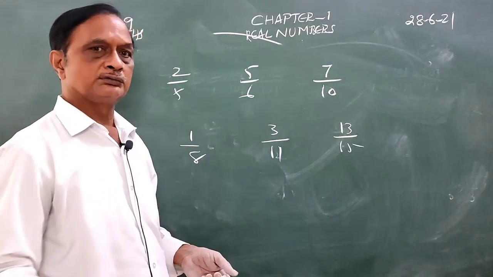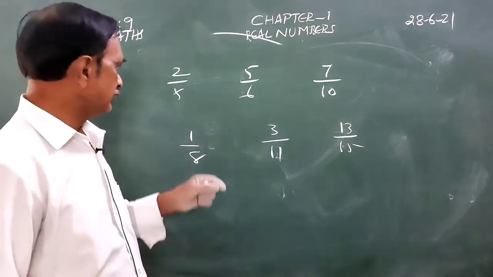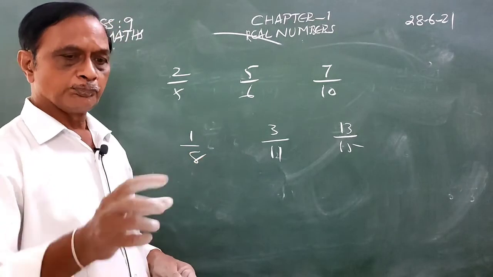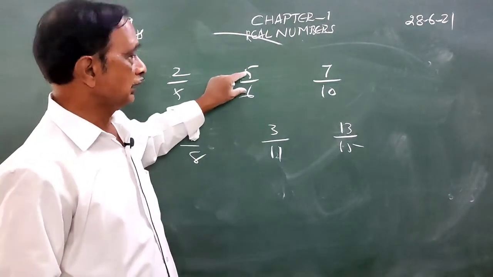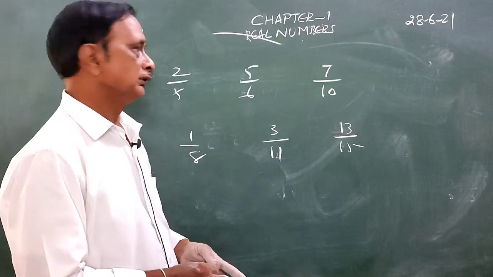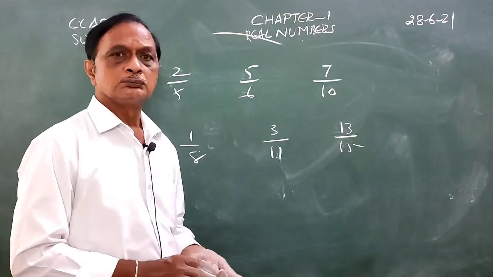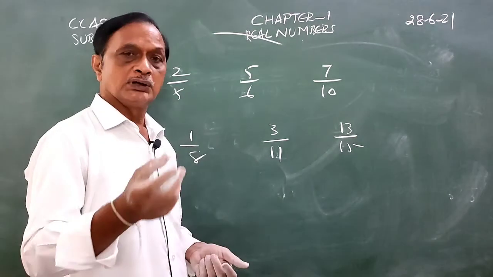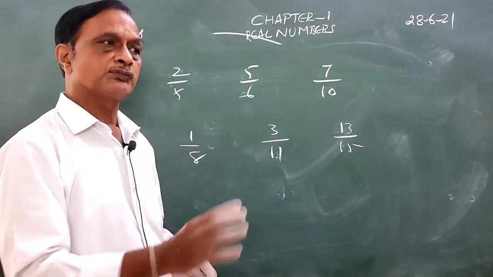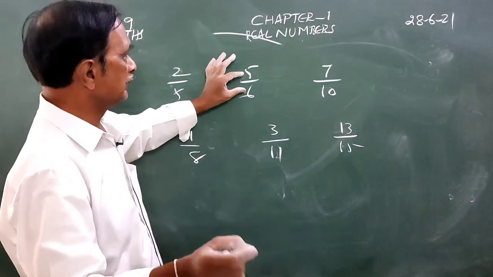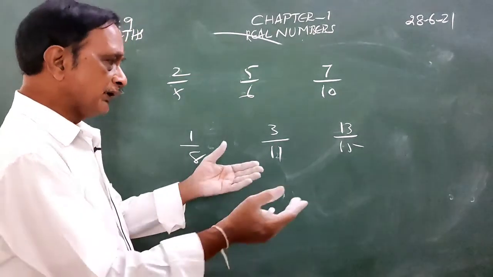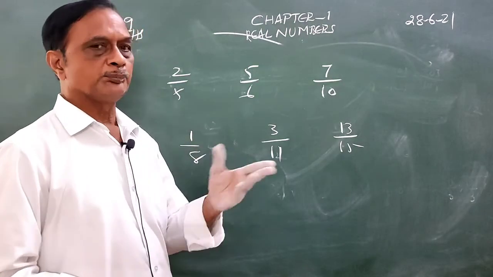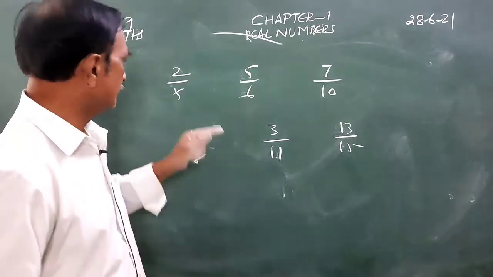So if the remainder is 0 at one stage, then it is called a terminating decimal. And if in the decimal part some block of digits keeps repeating, it is called a non-terminating repeating decimal. Or if in the decimal part we have a finite number of digits, it is called a terminating decimal. If some block of digits is repeating, it is called a non-terminating repeating decimal. So by dividing the numerator by the denominator, we can say whether the given rational number is a terminating decimal or non-terminating repeating decimal. We take this to see.